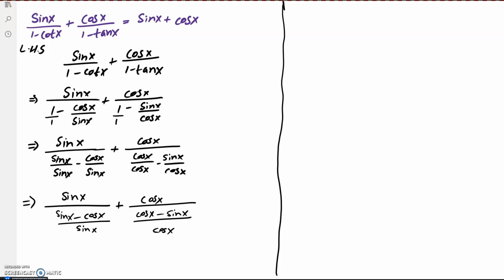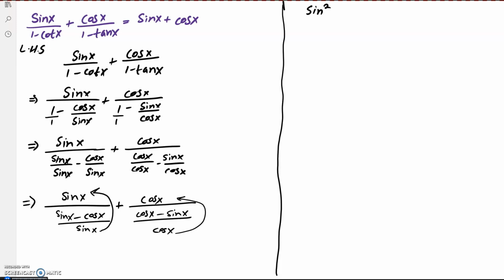Clear? Now look, according to the fraction rule, I can take this term into the numerator and this term over here. Clear? So what you do is it will become